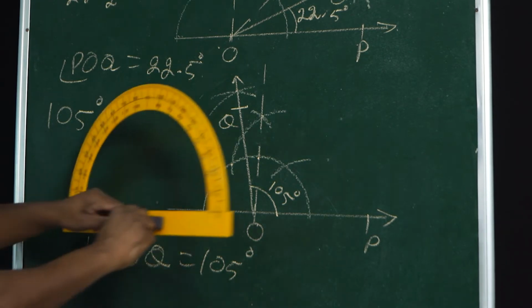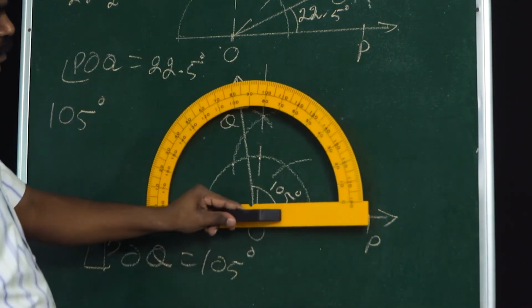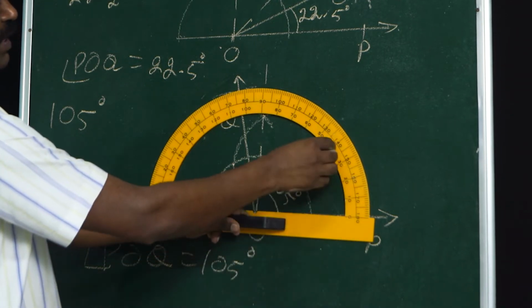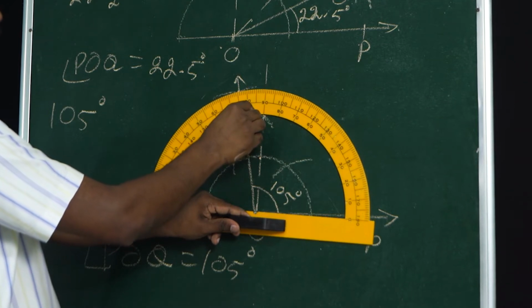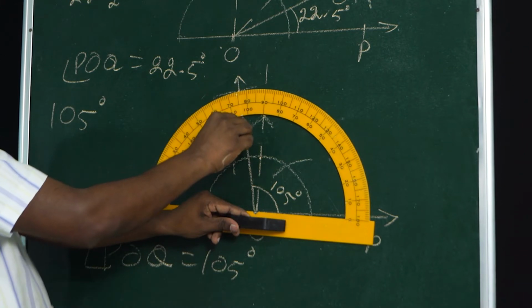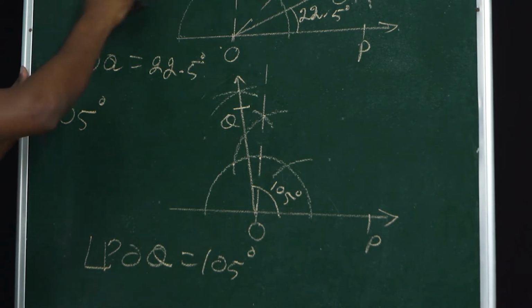Let us check whether it is 105 degree or not. Take your protractor. Your friend is this side, so you have to count, right? Yes. 0, 10, 20, 30, up to 90, 100, 110, middle coming, right? Middle is which one? 105 coming. So 105 degree also we have learned. Okay. Now, the board is not enough, so you have to do quickly. I am going to rub so that I can do the other constructions.